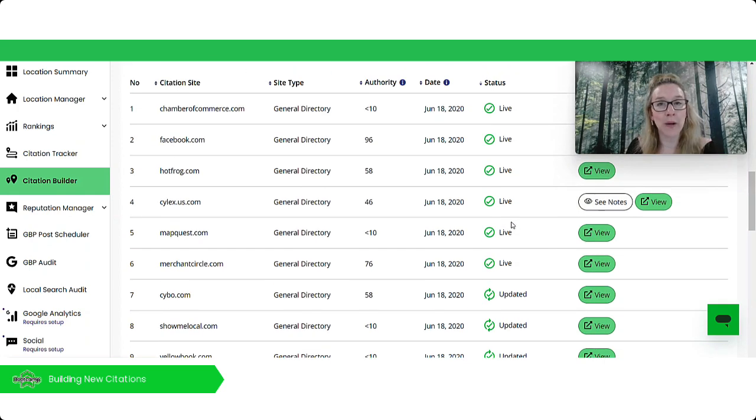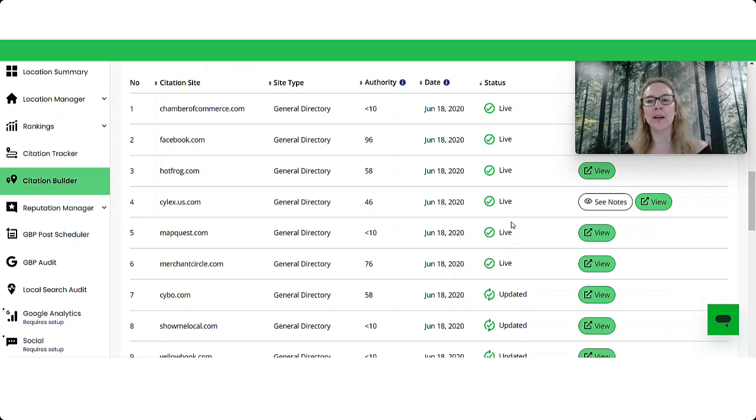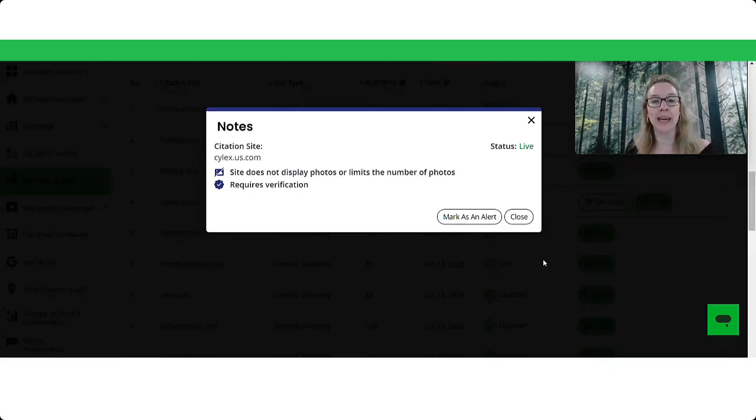I was talking about the importance of checking these reports at least every couple of days, and certainly not submitting a campaign and then not looking at it again. This is a really good example of where you will see notes, either generic notes about the directory that we need you to know, or notes from our team to you, giving you information or requesting information. In here, I can see that it's just a generic note about the site for your information,